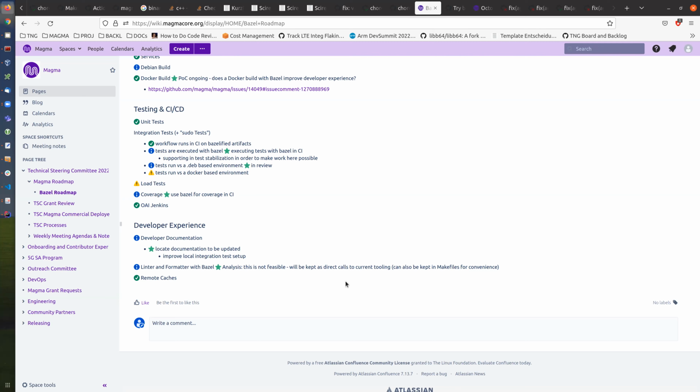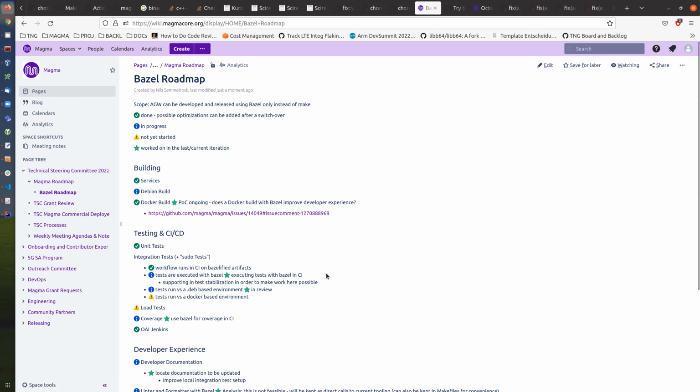Can you hear me? Yes. Have you tested the same concept on ARM or was it tested only on x86? You mean for the Docker images? Yeah, correct, for the Bazel build. So the Bazel build itself was tested on ARM as well. Creating these Docker images is for now a proof of concept, and it was only checked on AMD64. But actually, I don't see a hard reason why it wouldn't work on ARM architecture. But of course, it should be tested first.